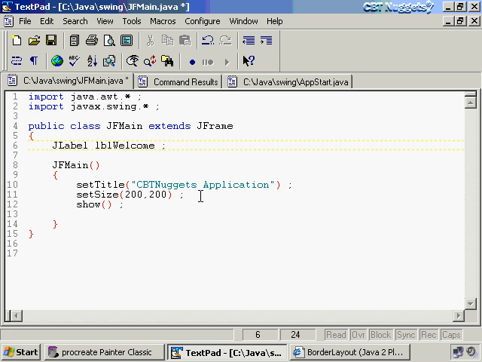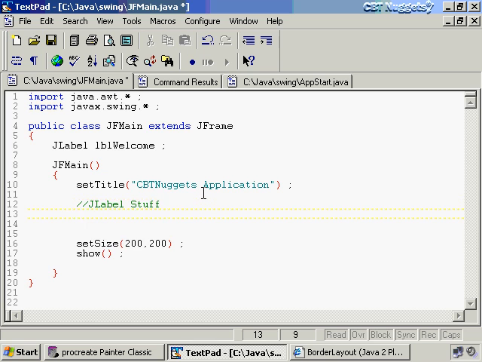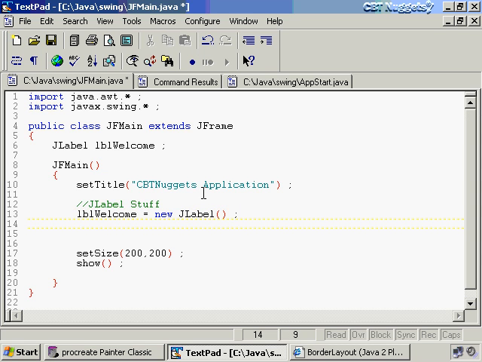And what I'll do is come down here after I've set the size. It doesn't really matter, this is really kind of personal preference, but let me go ahead and move the set size stuff down here. This just makes more sense to me. And I'm going to put a comment, I'll say JLabel stuff. And I'm going to say LBL welcome equals a new JLabel. And I'm going to say LBL welcome dot set text, not title, but text, and I'll say welcome to GUI programming